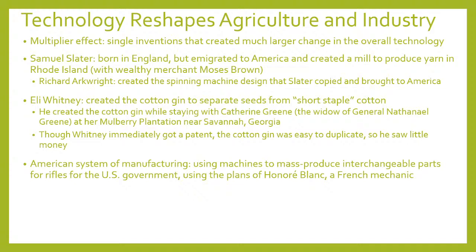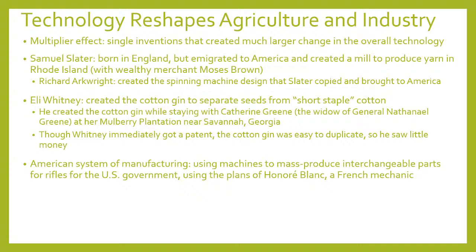Next up was the American System of Manufacture, which is just a fancy way of saying that they used machines, which isn't to say automation. That's obviously way off. But if you've ever seen machining tools where you have a lathe and you put a piece of wood or a piece of metal on it and screw it in place and it holds it where it needs to be, and then you can spin it and grind it down and keeps it very, very stable, keeps it where it needs to be so it can be precise.